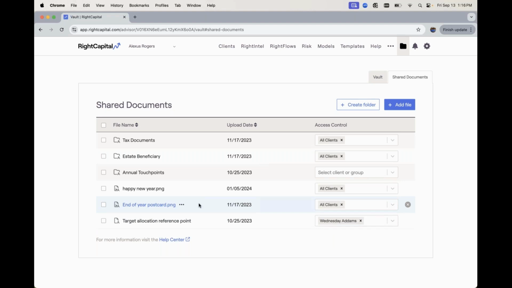And when we do share a document, this is something that the client can view and download, but they wouldn't be able to modify the name or anything along those lines. So this is going to be something that you have full control over in terms of sharing that document across all clients at once. So now, for example, if we went back to a client-specific vault,